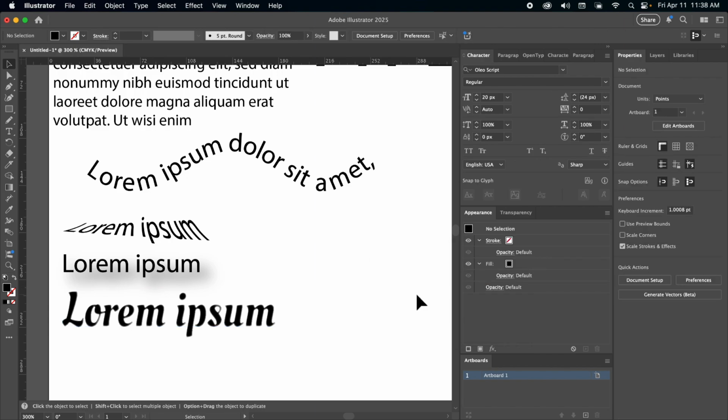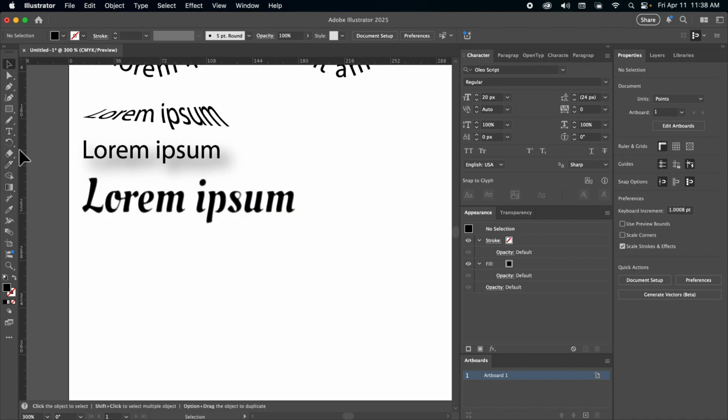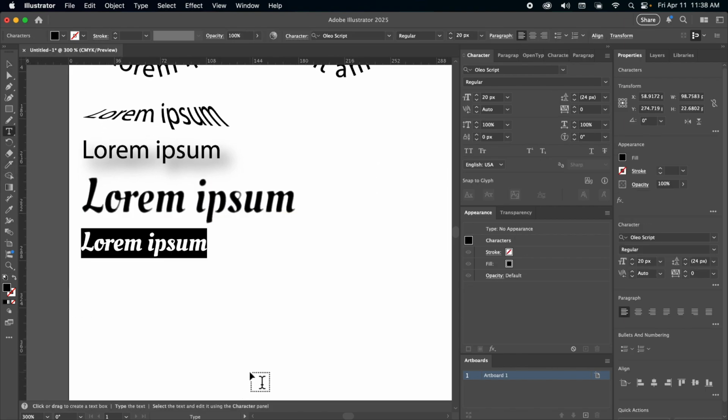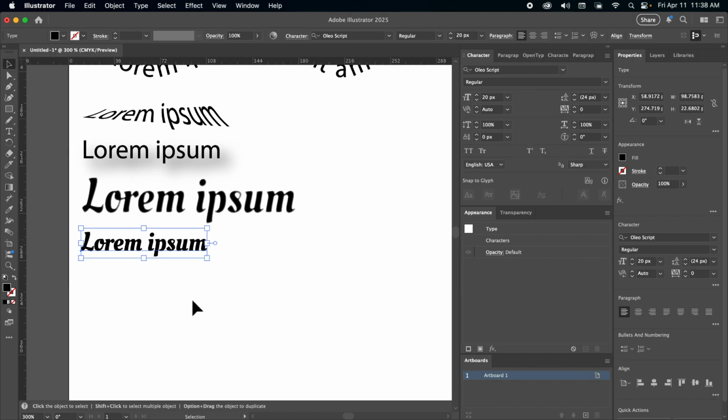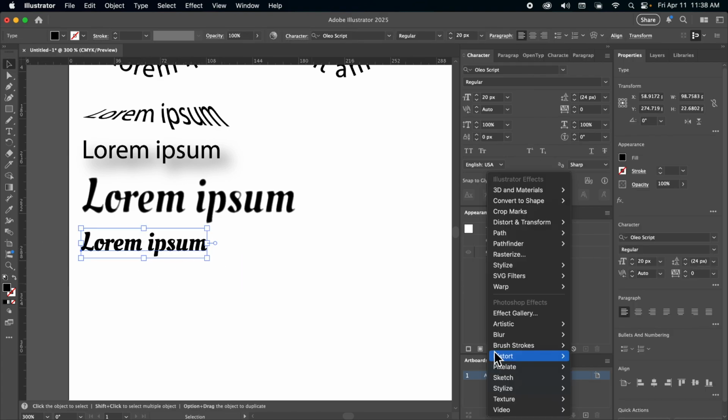All right, for this last effect, I'm going to create another line of point type. And I'm going to choose Distort and Transform, and I'm going to choose Free Distort. I keep forgetting, this needs to be selected as an object, not selected as text.